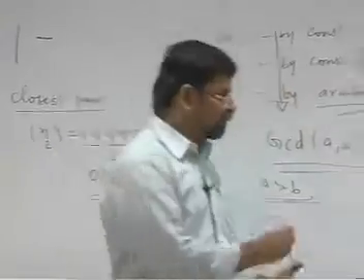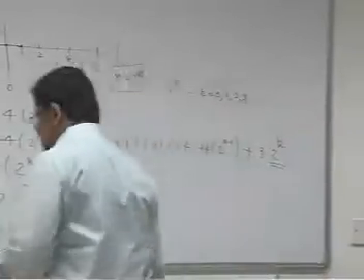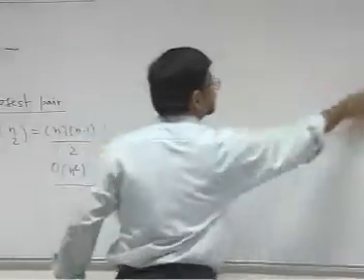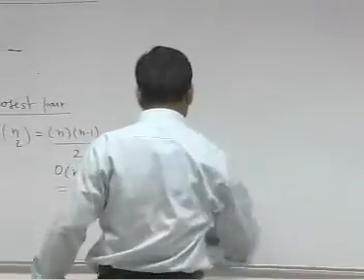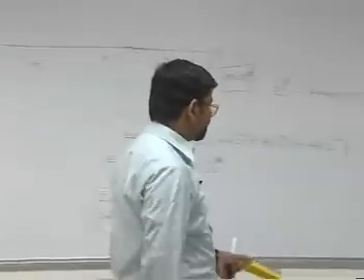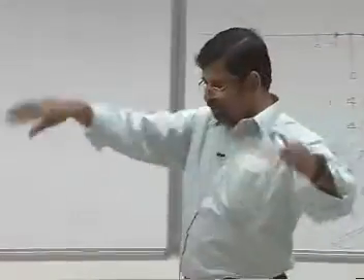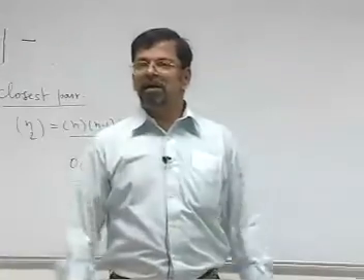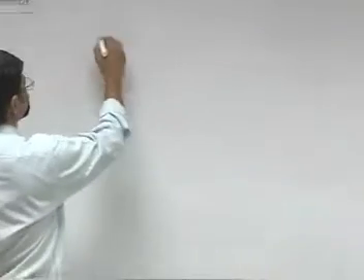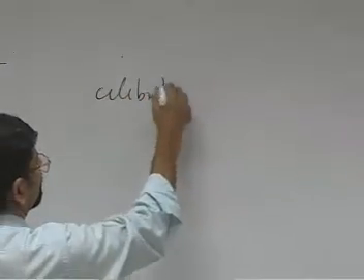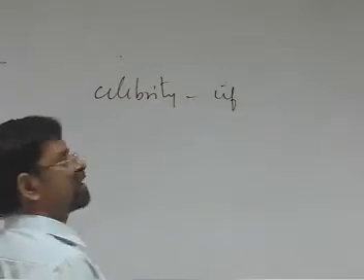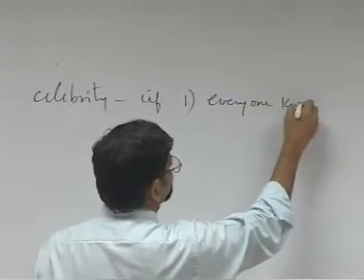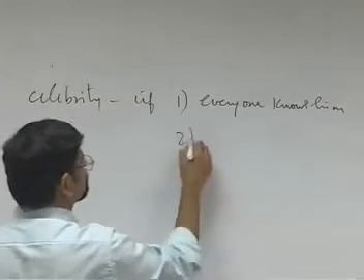Finally, a simple puzzle like what I have given, and this is another interesting question, and this question is the following. This is called the celebrity problem. So given a group of people like this in a hall, a person is a celebrity if 2 conditions are satisfied. 1, everyone knows him. 2, he doesn't know anybody.